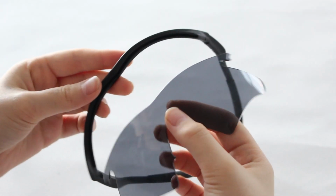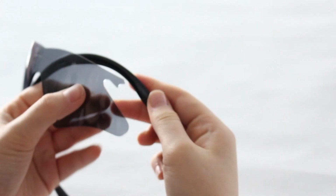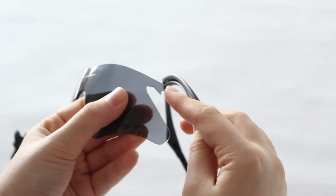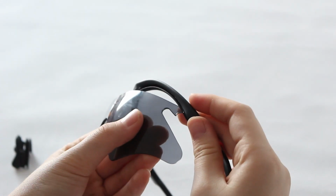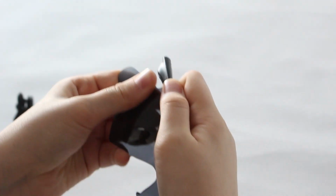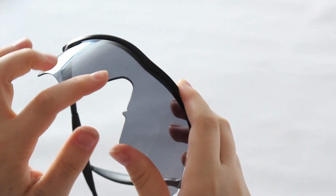Now, to reinstall it, you're going to slide one end first and then the other, like so. When you slide it in, you want to make sure that both this part and this part are in the frames. And then you're going to push, and you want to make sure that the frame is inside the grooves on